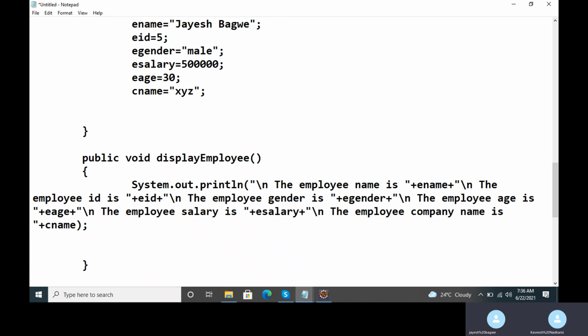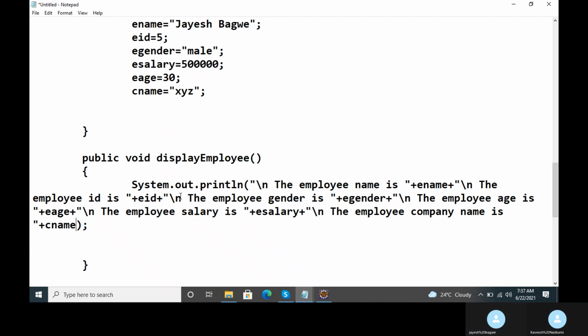Clear, Jayesh? So basically, how will this println statement execute? It will execute from left to right, Jayesh. And it will display, so basically, how will you see the output on the screen? Each message followed by the value will be displayed on a separate line, line by line, because each message inside the double quotes has been preceded by this \n symbol. So every employee detail along with the corresponding message will be displayed on a new line, Jayesh.